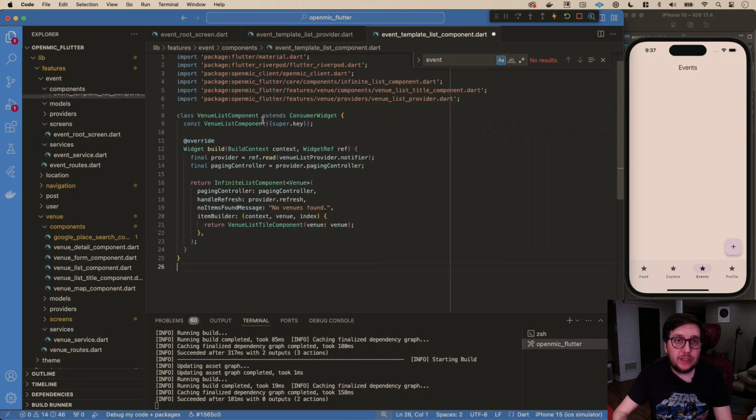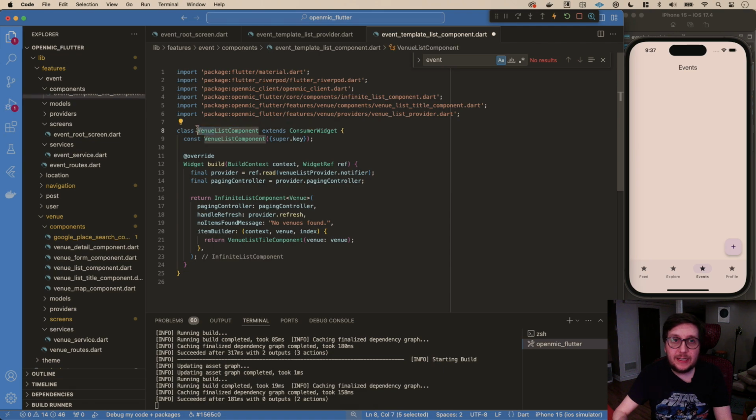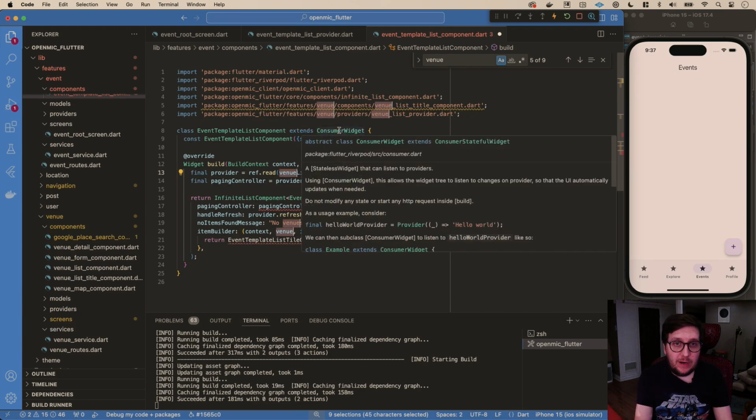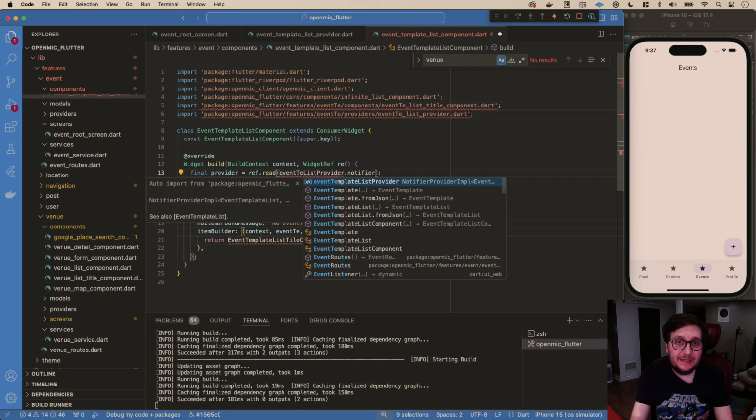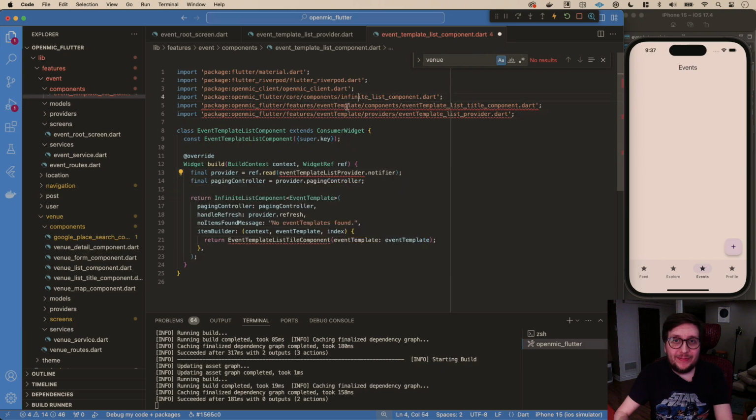And similarly, we'll look at the word venue. We still have this, well, let's see, do we? Yep, and this is going to be event template list, paging controller, and then we'll search for the word venue a bunch of times. It's all lowercase. And actually, this is going to almost work. Event. I'm going to change this to event template list provider. However, these ones right here should actually be